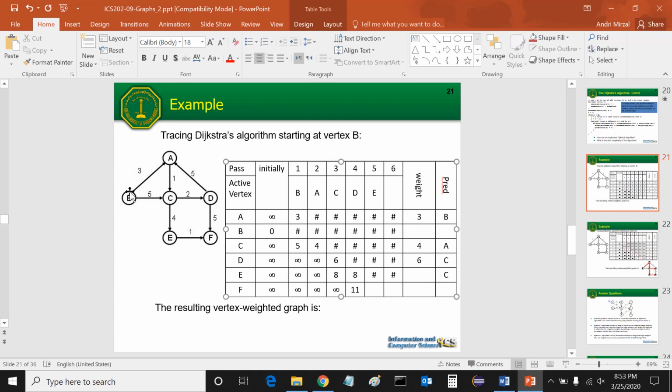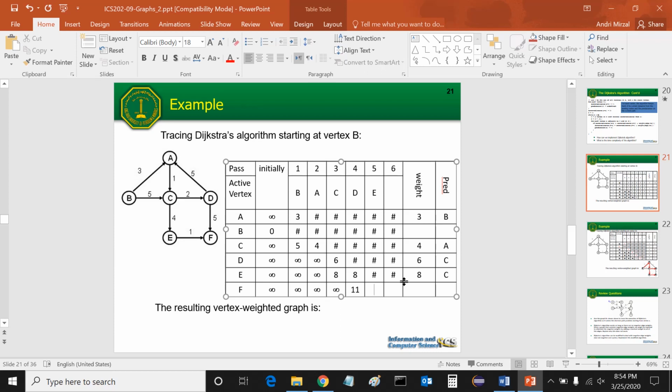Then the weight will be 3 plus 1 plus 4. That will be 8, okay? Now, we only need to determine what value to insert for F, because there is a path from E, the active vertex, into F. We go to E from the starting vertex using this path. That's why the value for this cell will be 3 plus 1 plus 4, that will be 8, plus 1, that will be 9. Okay, 9.